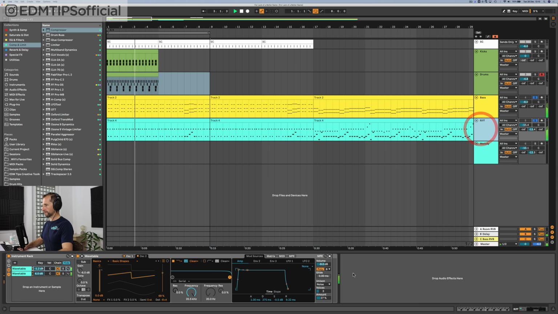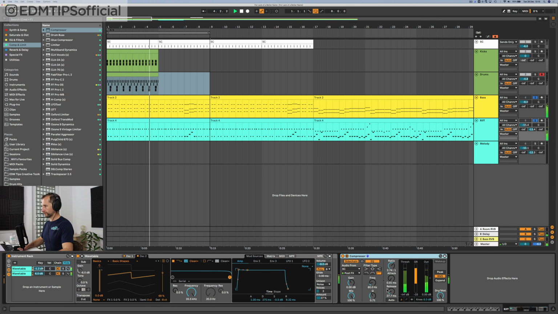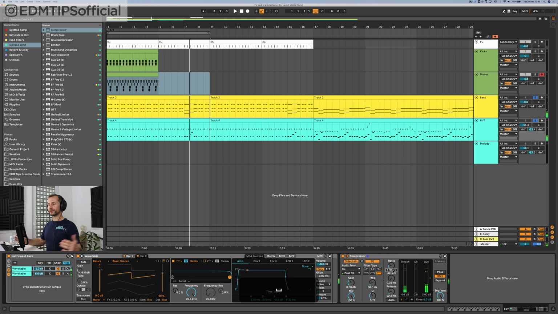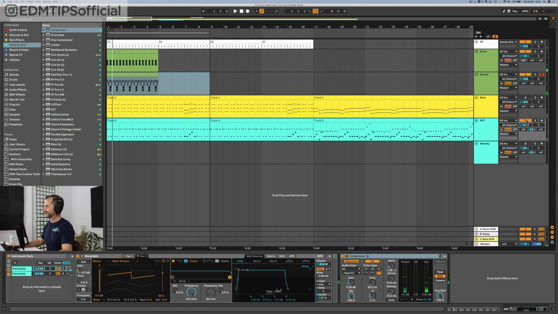On the riff as well, faster release or just less dark. You know, not everything needs to be ducked the same amount. It's usually useful to have the same release time, but you don't need the ratio to be the same on everything, because some things will need to be ducked more than others. And let's have a listen to it now.